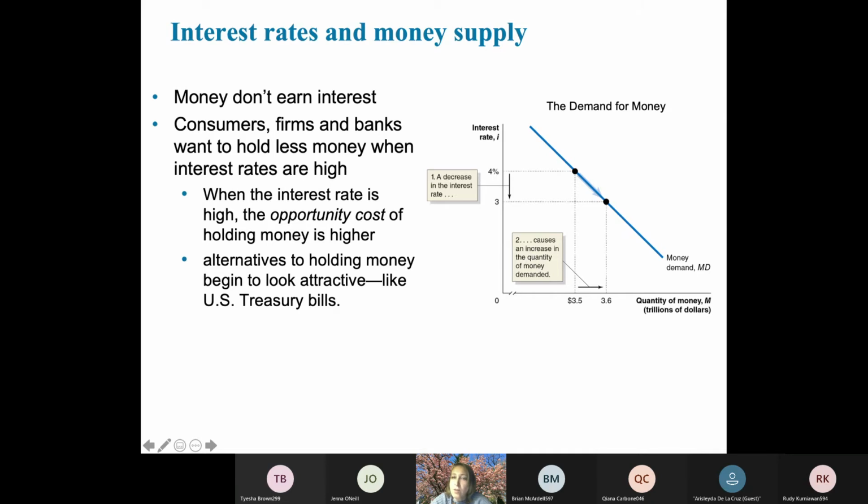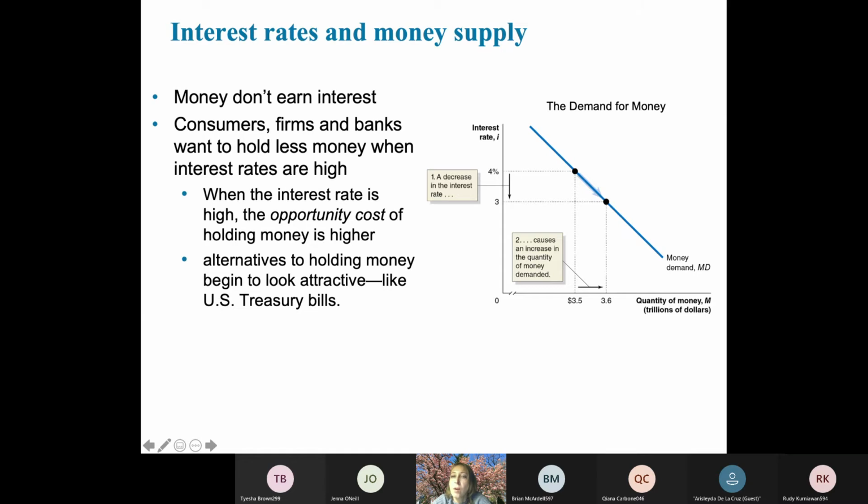Money doesn't pay interest, as you know, but other assets do. So when interest rates are higher, we want to hold less of our wealth in money,